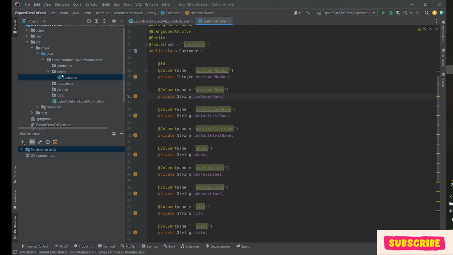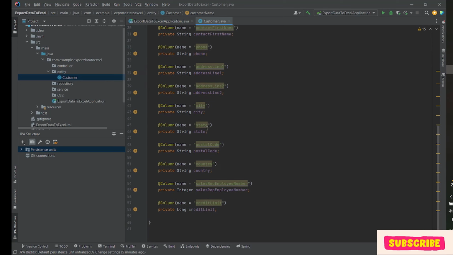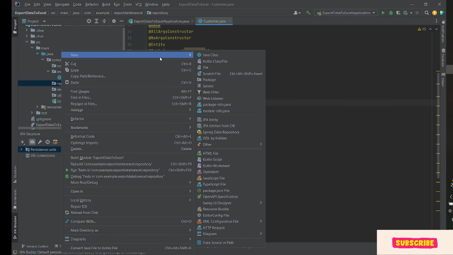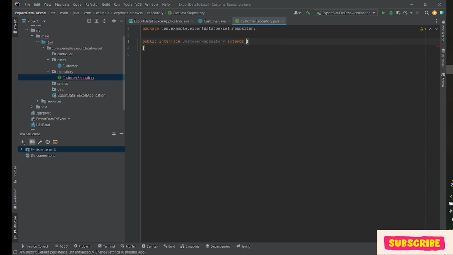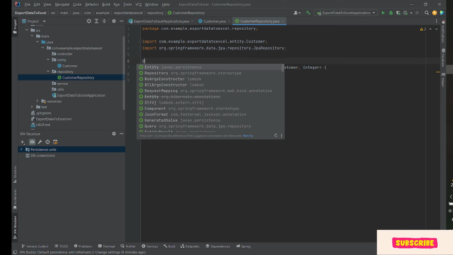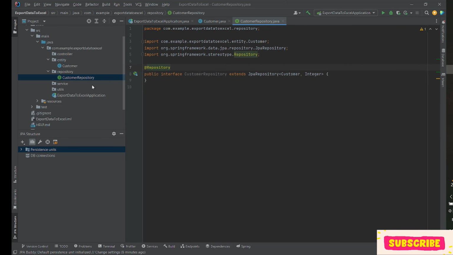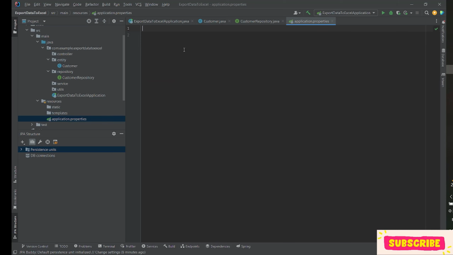Okay, so I have created the entity and now I create the repository interface, CustomerRepository, which extends JpaRepository with Customer and Integer. And now in the application properties we will define the